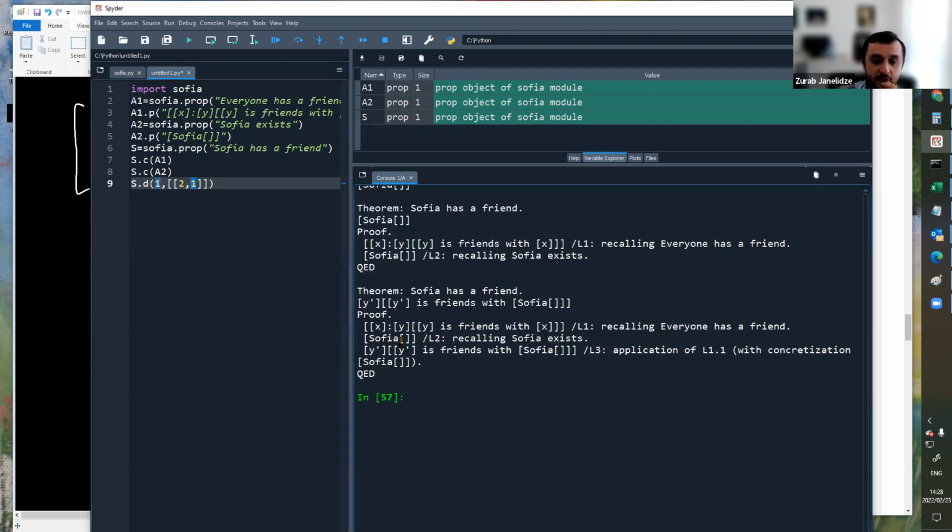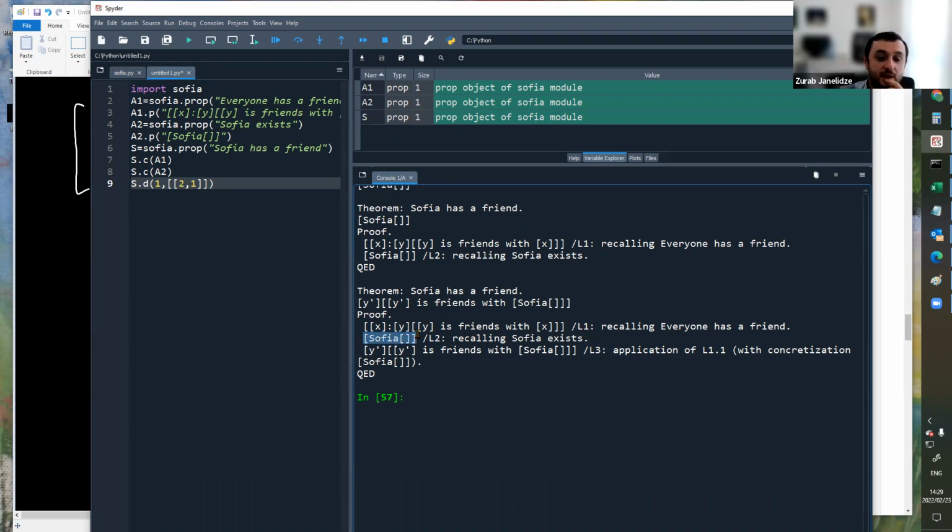Then we have to tell Sophia the free variable we have here, the X, right? Which could have any value, because remember, this is saying for every X, right? We're telling the computer exactly what I want my X to be concretized to. And the coordinates are given to whatever X should be concretized. The coordinates are 2, 1. That means second line, so you see line 2, position 1. So 1 stands for position 1. There is only one statement in the second line, so it will automatically just produce this.